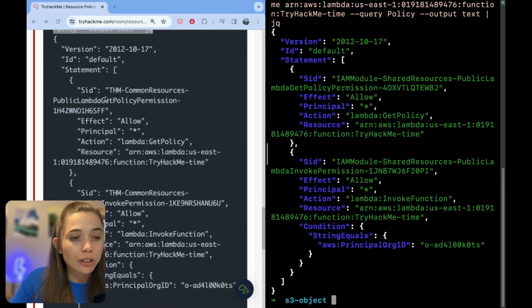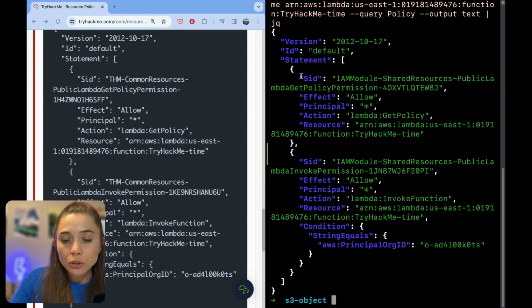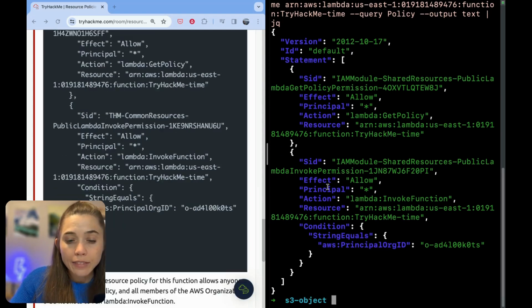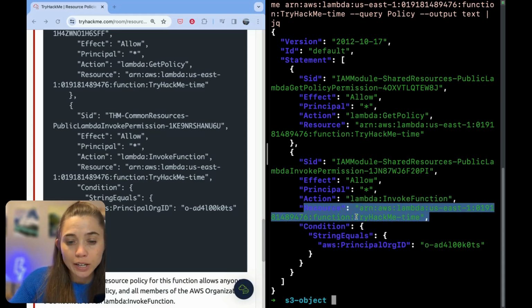Very nice. Okay, so it looks like this is a policy that has two statements. First of all, we have one statement that has an effect of allow for anybody to get the Lambda policy, which is that command we just ran, aws lambda get-policy. So we have permission to get that policy, and it looks like anyone in the world can get that policy on that Lambda. Then to invoke the Lambda function, the reason why we were able to do that is because we have this second statement that says effect allow anybody to invoke the Lambda function on this TryHackMeTime Lambda function if,